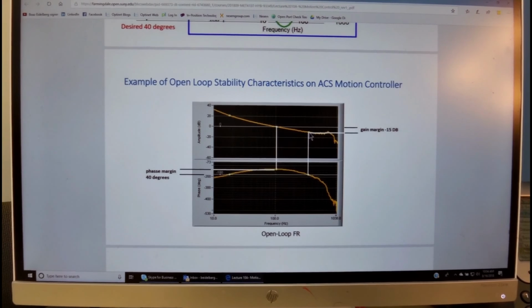We want to be at approximately minus 15 dB. Over here we want to have about 45 degrees phase margin for a good stable system.